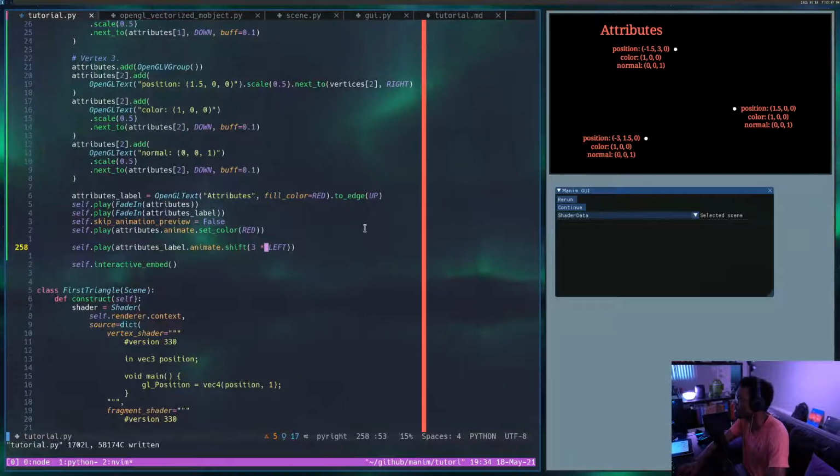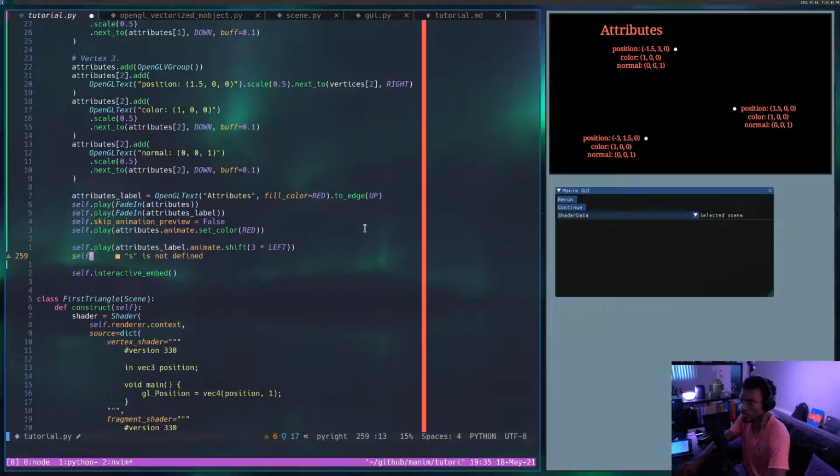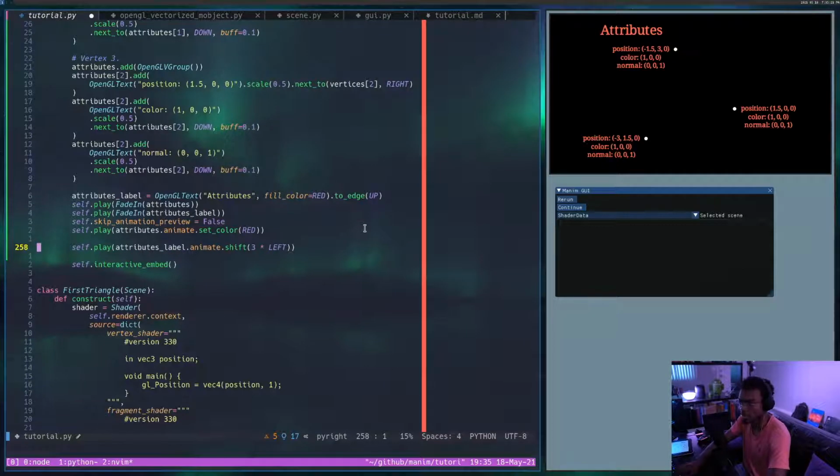Then I want to shift the position, all the position data over. So how do I want to do that? At the same time I do this, let me set the target